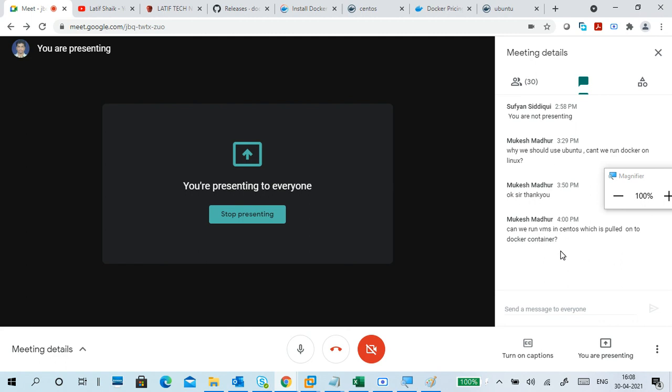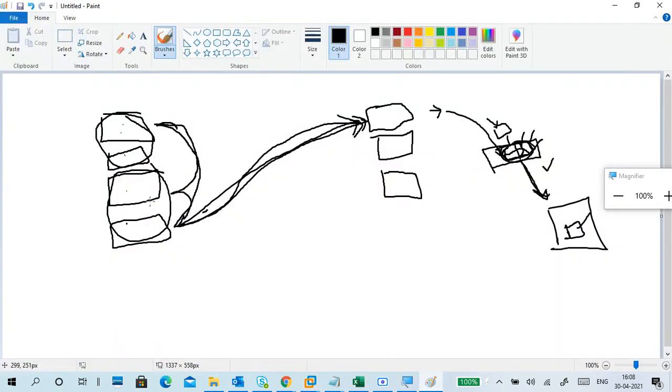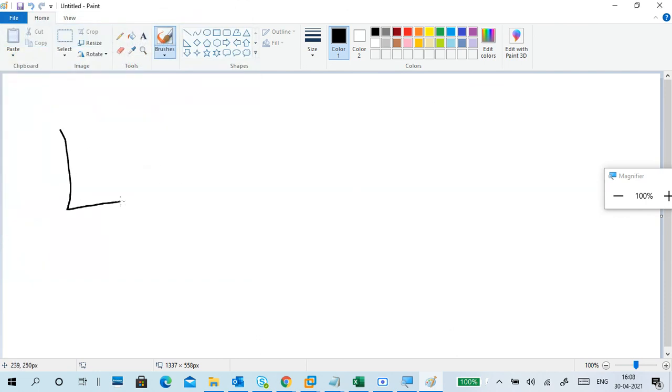Can we run a VM in the CentOS which is pulled onto a Docker container? Yeah, I got the point. It is a very good question. If you have a virtual machine, a CentOS machine, a VM fully configured like we use, can we convert this into a Docker image?